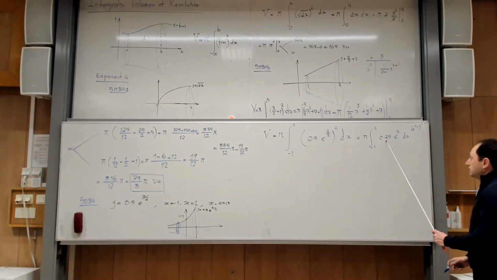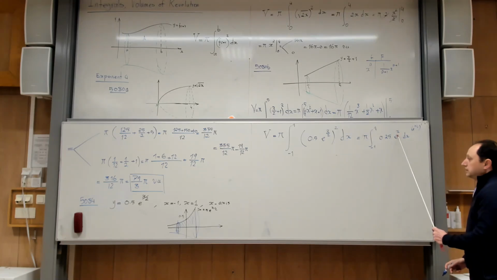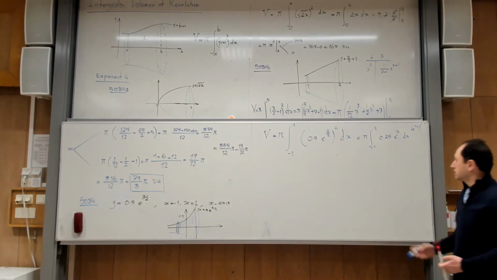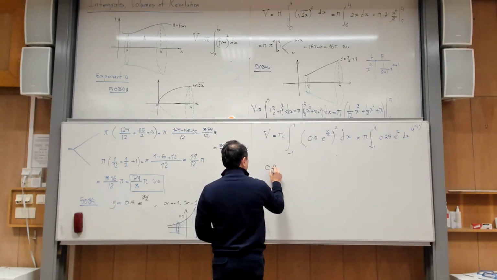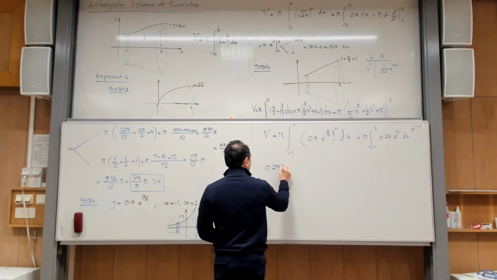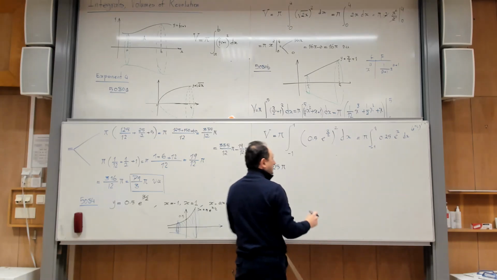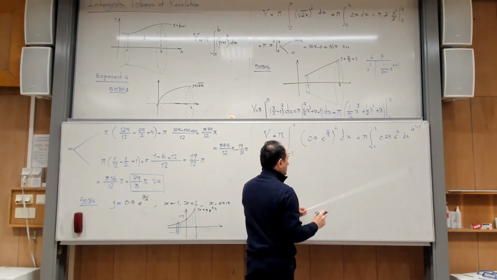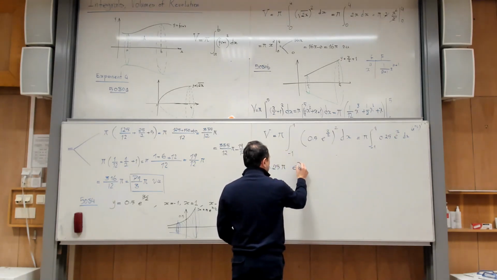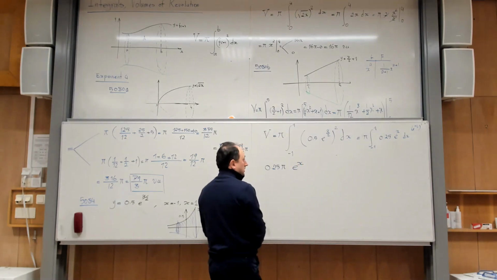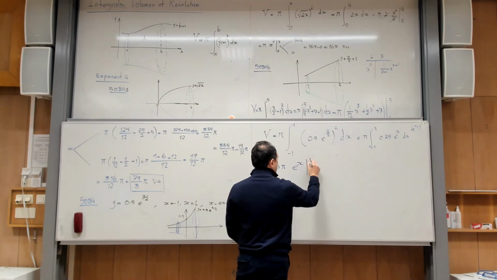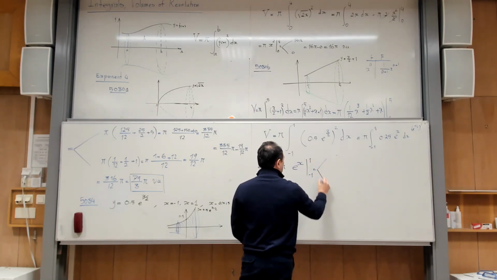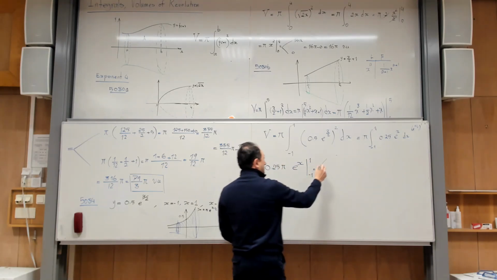This is a constant. I can take it out, and then a primitive function for e to power x is e to power x itself. So that's probably one of the easiest problems, yes? So this becomes 0.25, and then you have a pi. A primitive function for e to power x is coincidentally the function itself. But you have to run it from -1 up to 1. It means that you put 1 instead of x first,